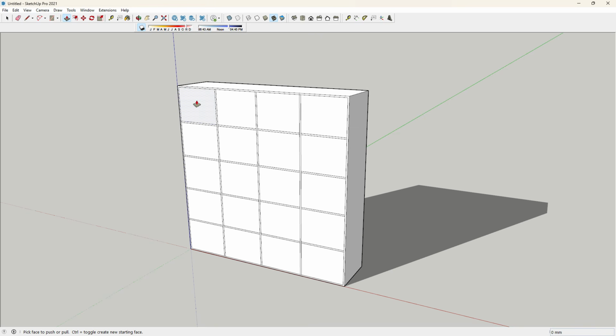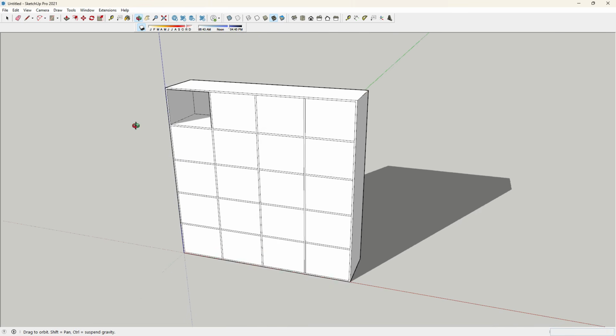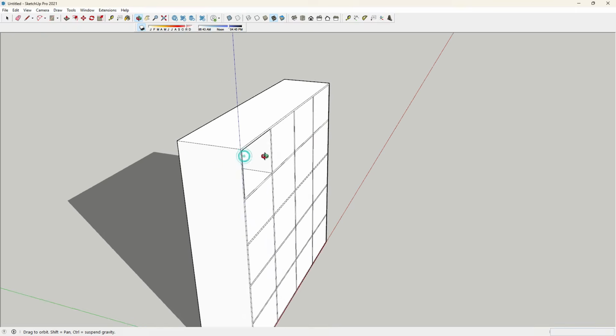All we need to do is, remember, for the illusion, we can just push it back whatever we want. We know this unit is 600 deep. Let's just say, for example, we've got a 6mm backing on this carcass, okay? Let's go back 594, okay? 594, enter. And then if I turn it around and spin it around the back, it wouldn't